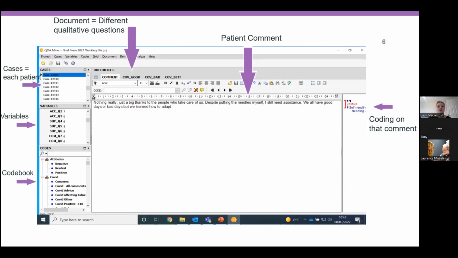So you have your comments here. The documents are your different questions. For us, we had our general question and then the 3 good, bad, and better questions related to COVID. You've got your cases, which are each individual comment. For us, there are patient comments, and the variables below.